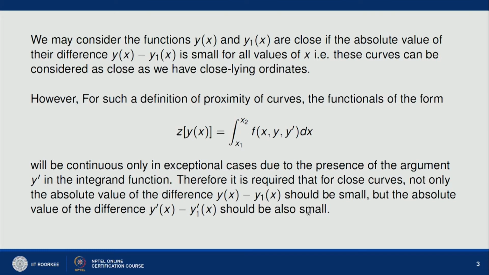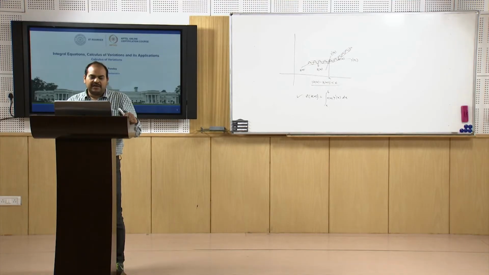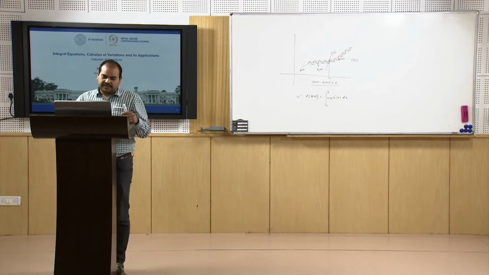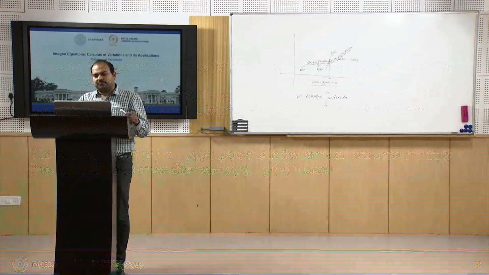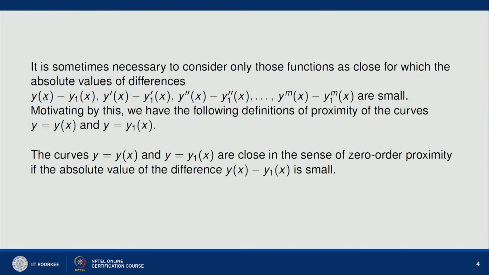So it means that not only is their functional value the same, but their tangent is also close enough to each other. And it may happen in some kinds of functionals which may involve, say, the mth order derivative of the argument y. We may define closeness as follows: the absolute values of the differences y(x) minus y1(x), y dash x minus y1 dash x, till y^m(x) minus y1^m(x) are small. So based on this we can define